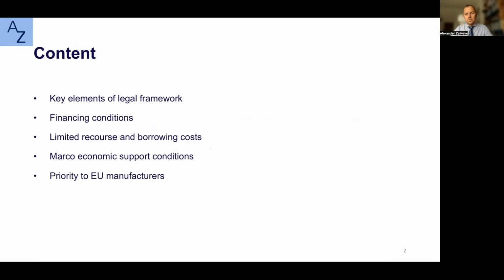We'll discuss the key elements of this instrument and whether it's appropriate to call it a loan, or whether it's more appropriate to call it a subsidy, a grant, international support, aid. We will look into the financial conditions, and then we will finalize our presentation by looking into the main element of any type of international aid, namely the reform element, which this aid tries to introduce, as well as the procurement element for the parties providing the aid, which is always an essential element of this type of financing.